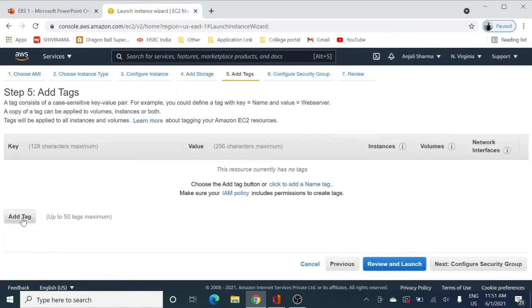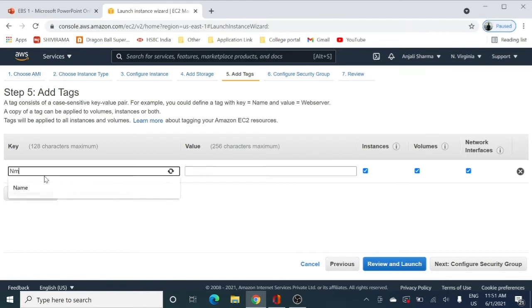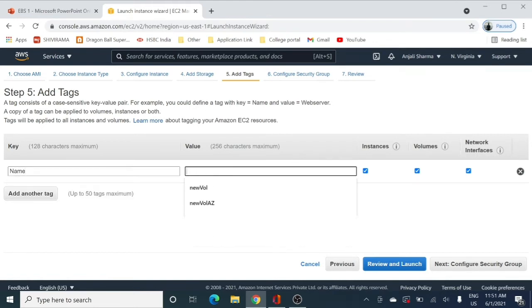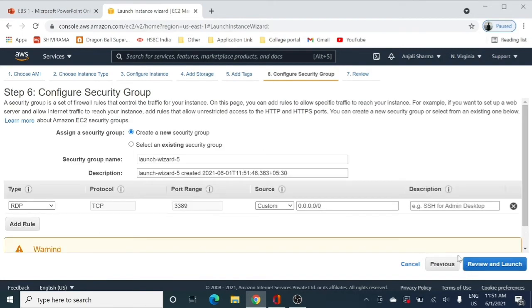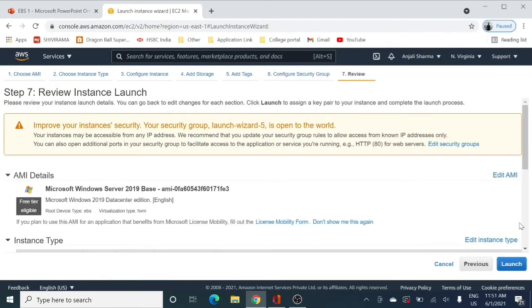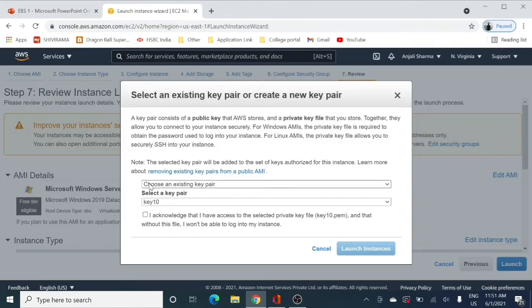Add tags. I will be naming my EC2 instance my Windows instance, right? My Windows EC2 security group. This time I will be requiring only RDP so that I can connect to it. I will be launching it with my existing Windows key.